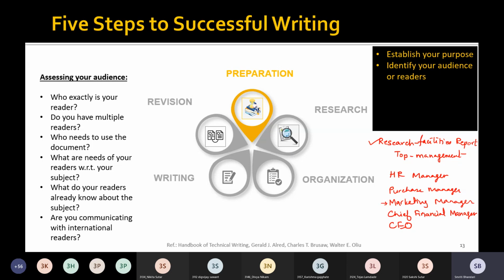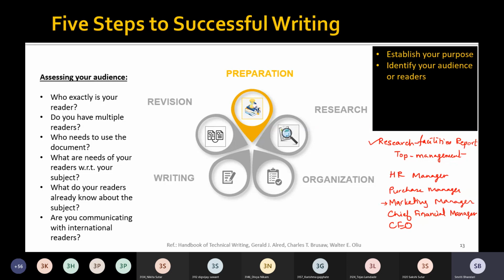Also, the chief financial manager would be more interested in knowing about the tax structure of the country. So if you are selecting Paris, then what is the tax structure of that country? If you are selecting Singapore, then what is the tax structure of that country? So the chief financial manager would always think of the financial aspects of that location.